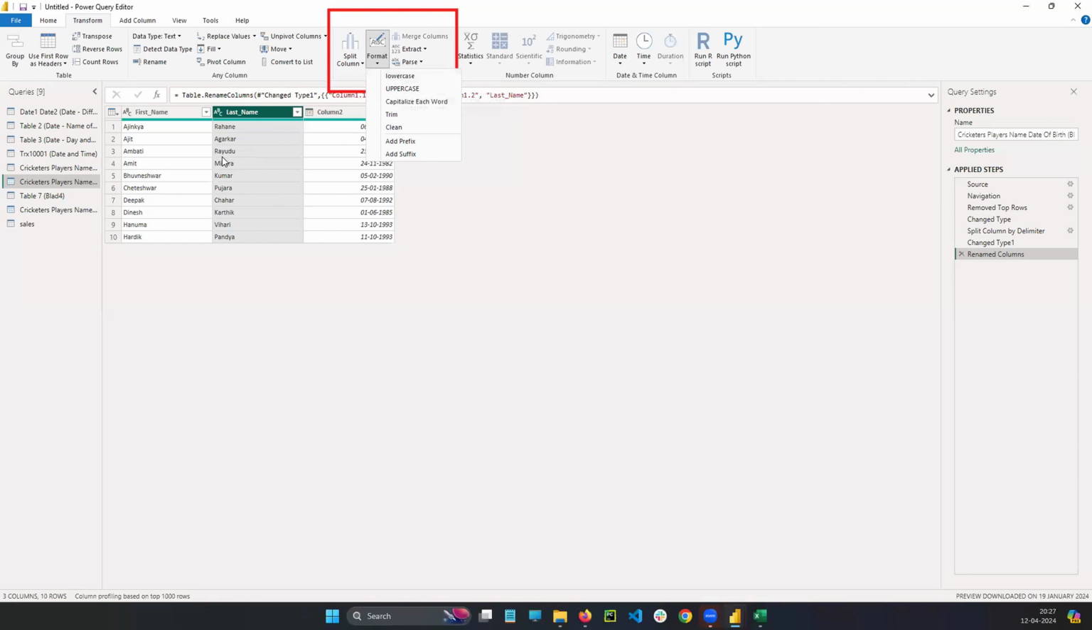Lowercase means in this particular column, everything is converted to small letters. Click on it, everything is converted. Uppercase means capital letters. Click on it, because I selected the column. Lowercase means small letters, uppercase means capital letters. Capitalize each word, what is the meaning of capitalize? If you want to understand this capitalize logic, you need to work on normal